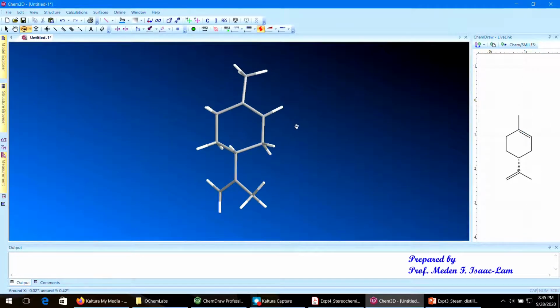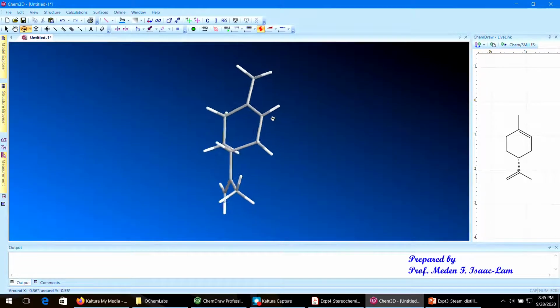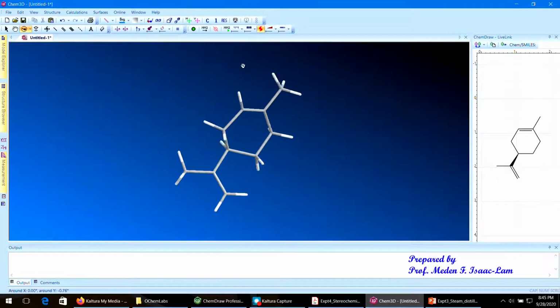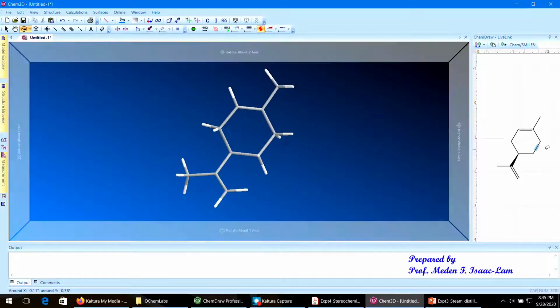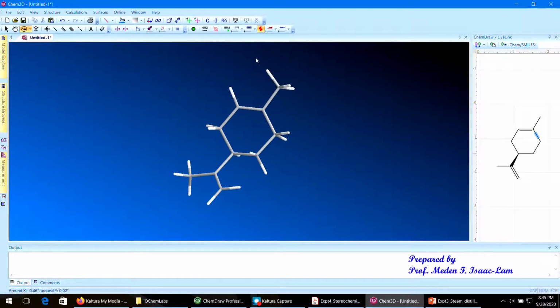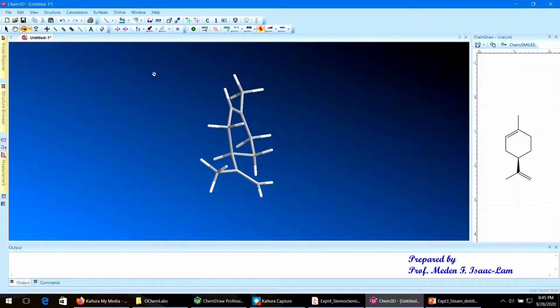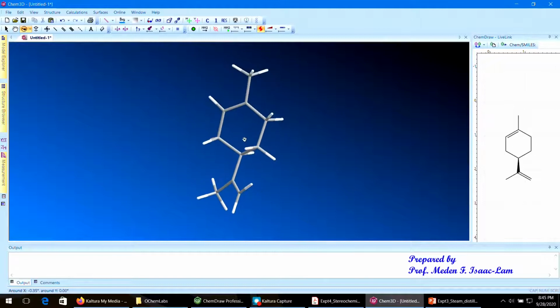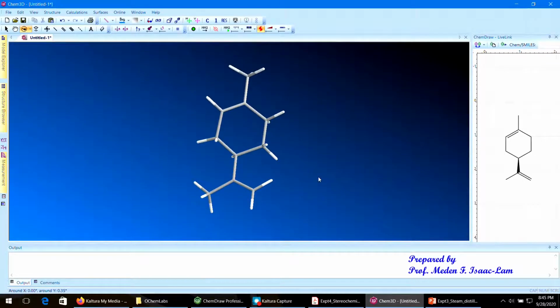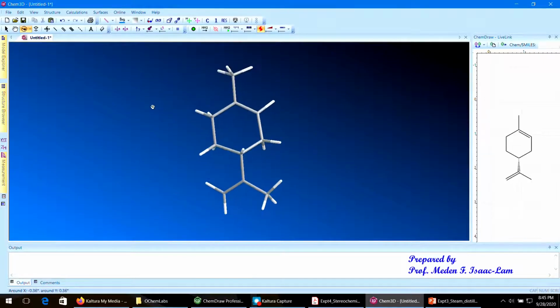If I rotate this molecule or kind of flip it like a hamburger kind of thing, it's gonna look like this on the right. All right, so we're gonna go back to that previous model,